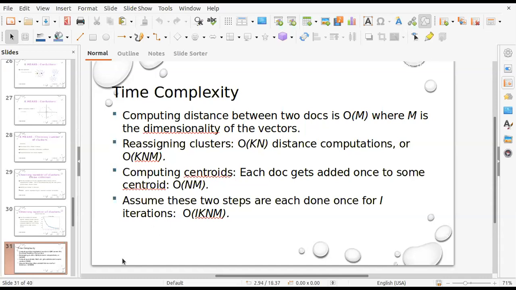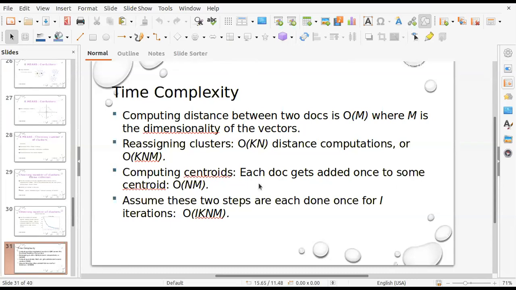Then reassigning clusters can be done with k n distance computations, or k n m. So in total it will be k into n into m. You also need to compute the centroids, that is, the centers of the clusters. Each item gets added once to some centroid. It is possible that points shift from one cluster to another, but every time you need to recompute the centroids.